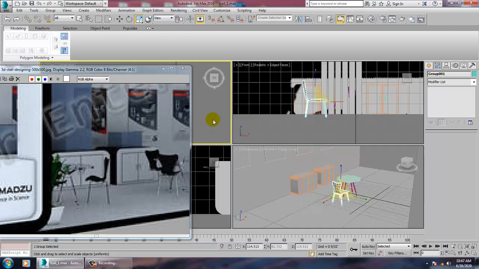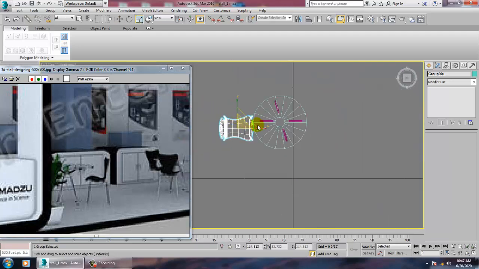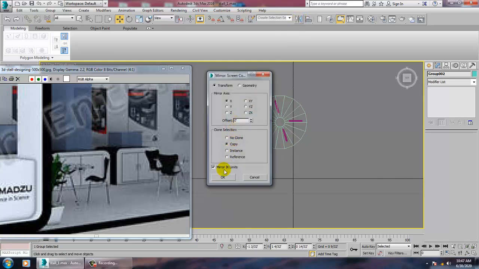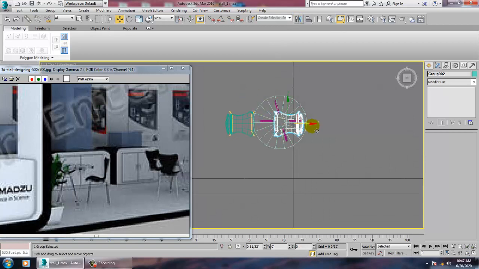So let's go to the top view over here and copy this over here. Duplicate it.